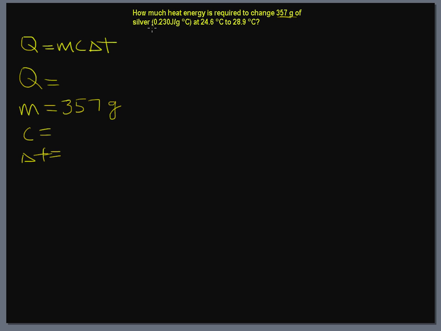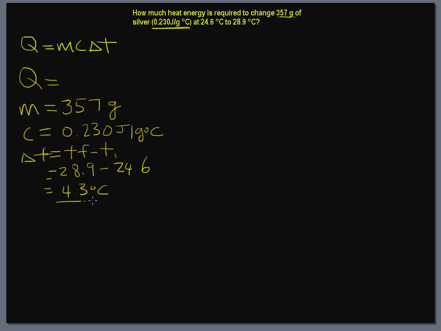Next, this one is usually the easiest one to pick out because it's the one with the craziest unit, joules per gram degrees Celsius, and that is your constant. And in this case, it is silver and 0.230 joules per gram degrees Celsius. Then 24.6 to 28.9. So we know that delta T is temperature final minus temperature initial. The final temperature is 28.9. Subtract 24.6. And that gives us